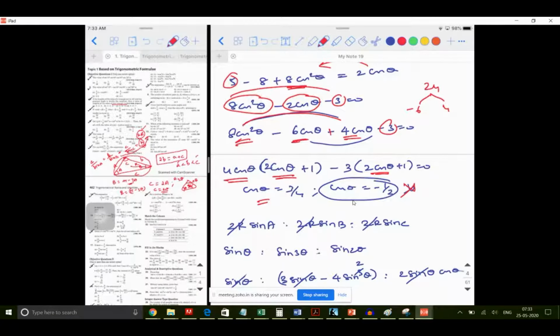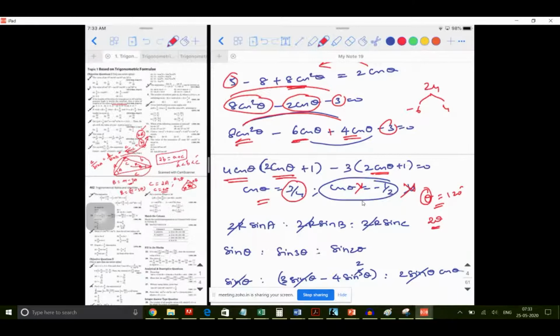So theta will become more than 90. Why? If theta is, say, 120 degrees, it's an obtuse angle triangle. But it cannot be, why? The other angle is 2 theta. Yeah, the other angles will become more. Since theta is taken as the smallest angle, the other angles will be more than 180 degrees. That's right. So that is why we are eliminating this.